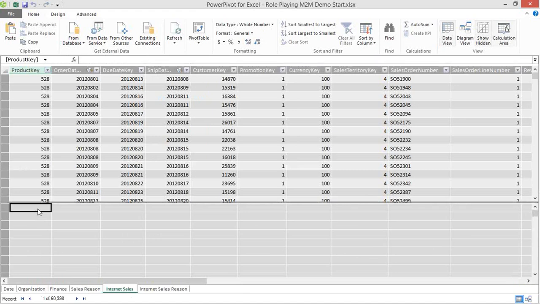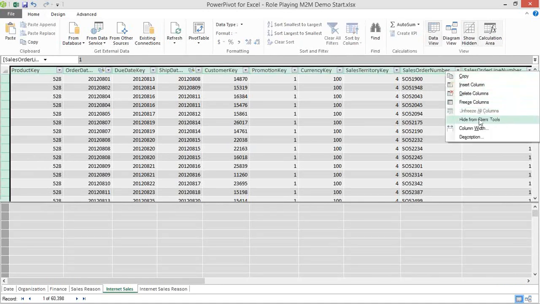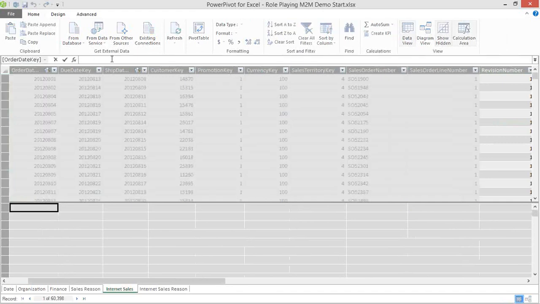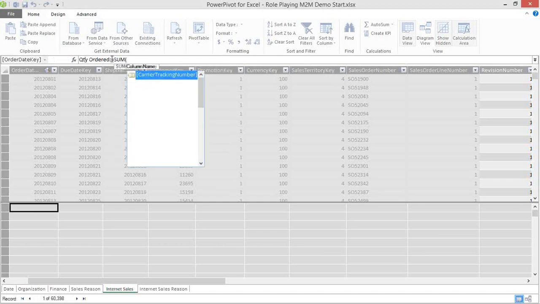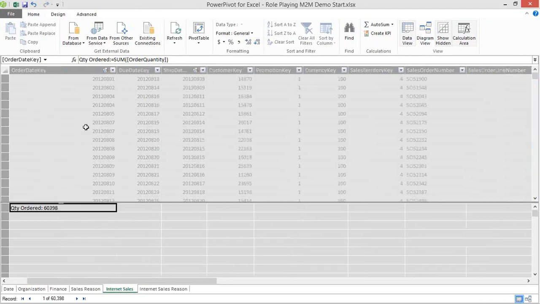And we'll make a calculated measure, after I hide these key columns. This calculated measure will be called order quantity, or quantity ordered. And this is just going to be an easy sum of our order quantity. And since the order date key is our active relationship, it's going to use that relationship for this value. And we can format that to a whole number